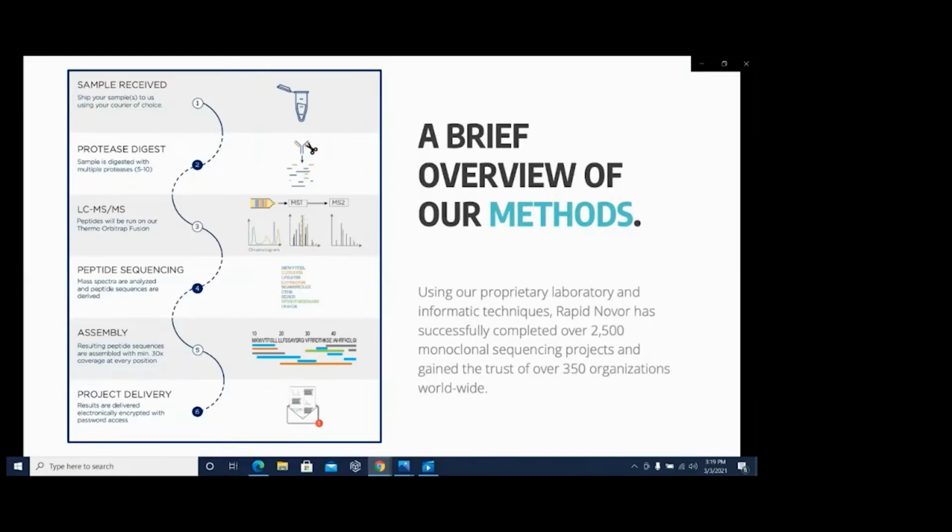We've spent years optimizing our digests so that we can get some short peptides and some very, very long peptides to ensure incredibly deep coverage at every single amino acid position. We guarantee a minimum of 5 times coverage, but regularly see 30 times to even 100 times coverage at every single amino acid position. And what's really interesting here is that we've developed our peptide sequencing algorithms so much that